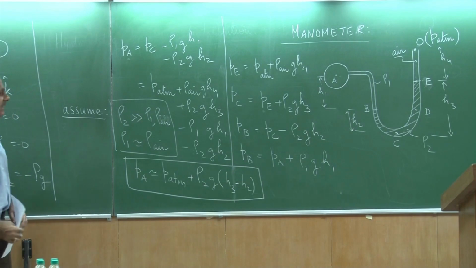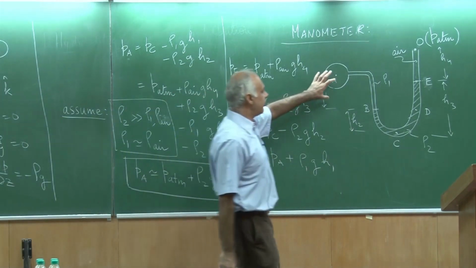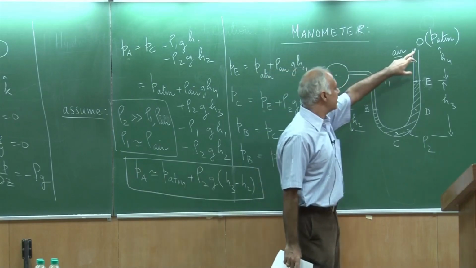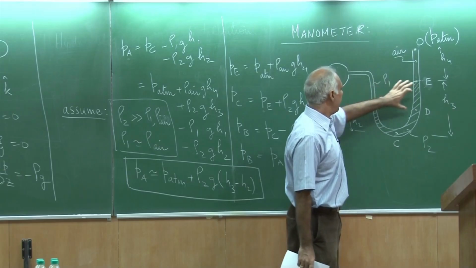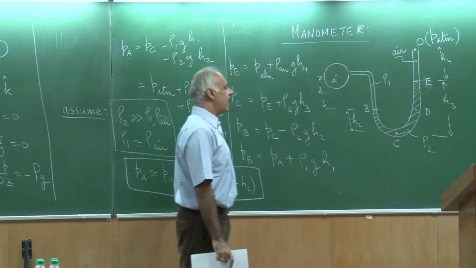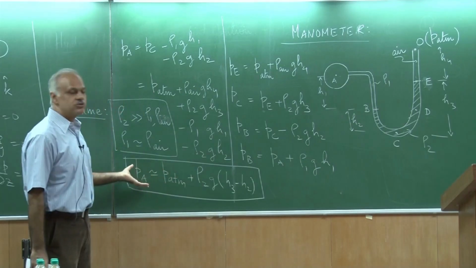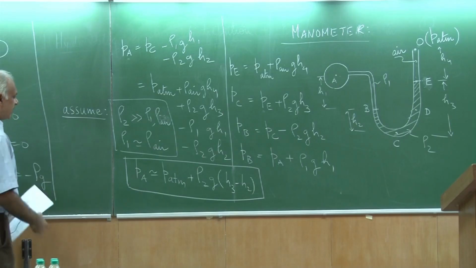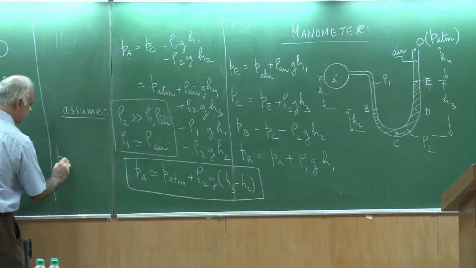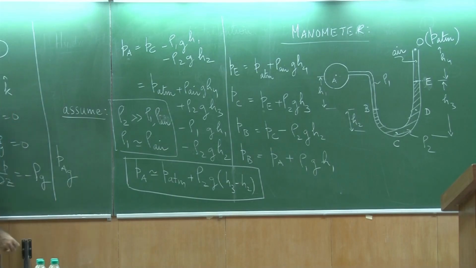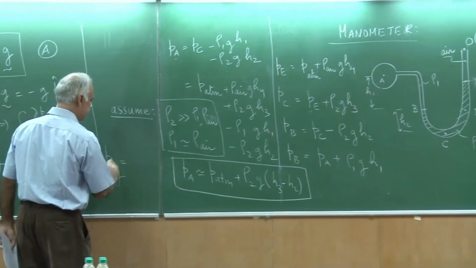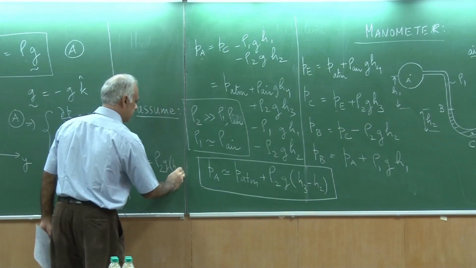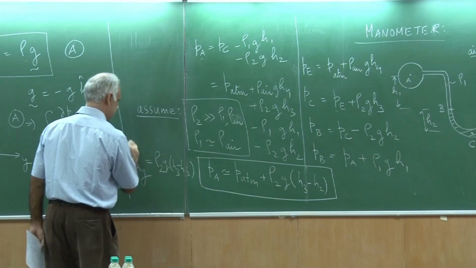So, I can have a very nice device now. I can connect this device to any pressure that I would like to measure. I already know there is an atmospheric pressure, and the difference in the heights of the two columns can actually be used to measure the pressure difference. In fact, you can see from this that if I am interested in the gauge pressure, then I can take away the atmospheric pressure, and this is simply rho 2 times g times (H3 minus H2).